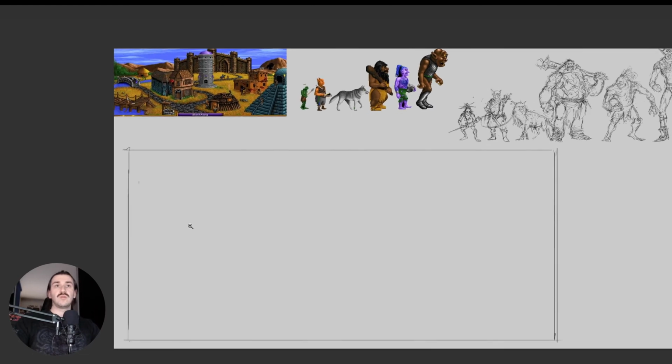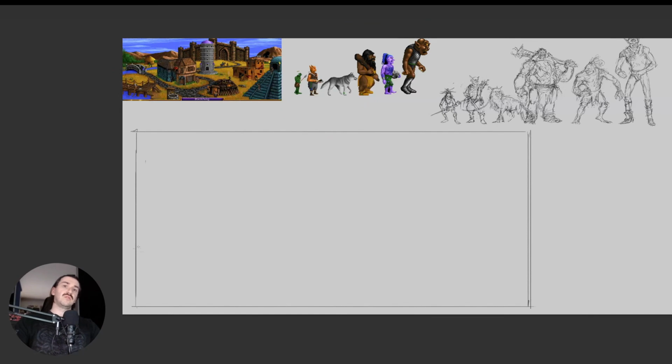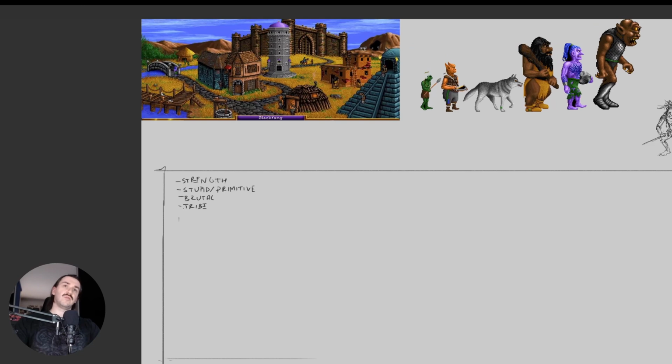Now I kind of wonder if I wrote the title of the stream correctly. What I had in mind in this case was to also show that this is a strength. I think this is how you write it. Strength. I never remember strength, let's say. I want to show that they are kind of stupid or primitive. They are brutal, more like a tribe. What else could I write? Like steppes, desert,